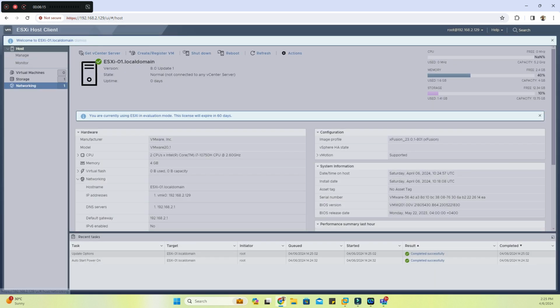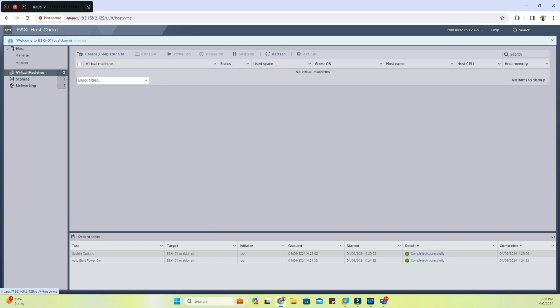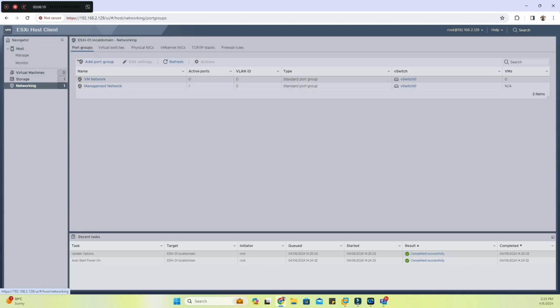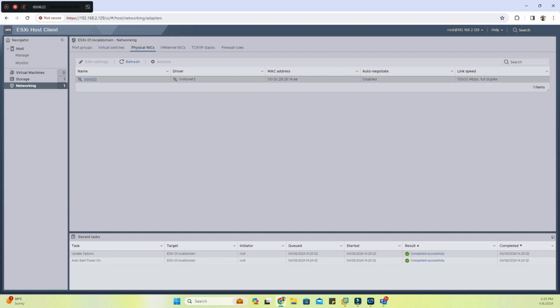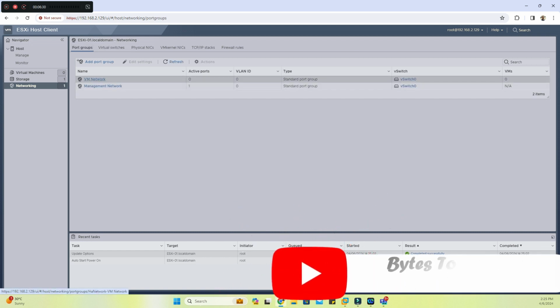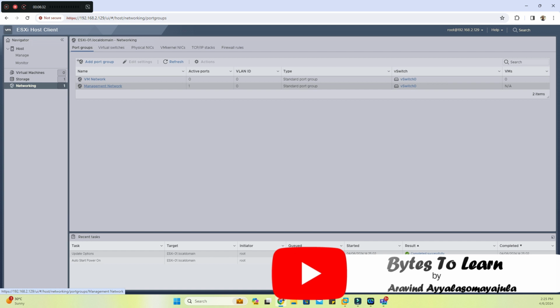Here we can see the network. There is no virtual machine. So this is the network, and we can see the physical NIC cards. There is only one. If we have multiple, as I showed previously, we can enable them over there, default port groups, and